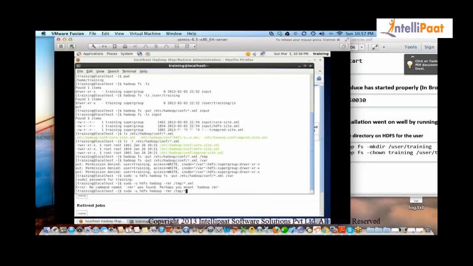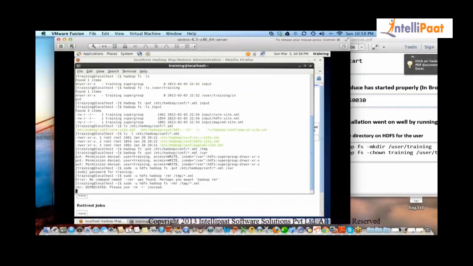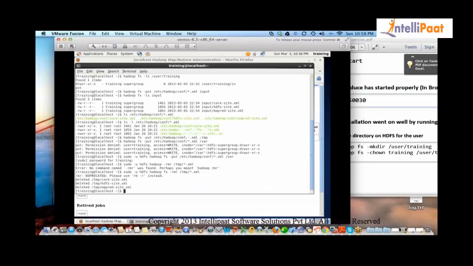The reason is that I have to say hdfs fs. I think regular expressions may not work on this. Sudo -u hdfs hdfs fs -rmr. Yeah, I missed my command, my mistake. Star.xml. So it deleted these three files. Clear?